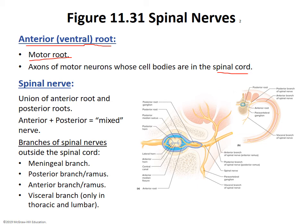So one of the branches, and you can't really see it here. I'm trying to look to see if they even have it labeled, and I don't think they do. But one of the branches is going to come out and go back and affect the meninges. That is called the meningeal branch. I'm going to have one that goes to the back, and it's going to be a pretty small one because, again, the spinal cord is pretty far posterior, so it's basically going to be the muscles that are along the spine